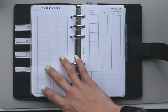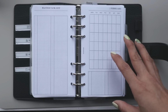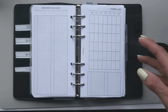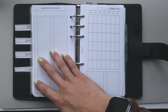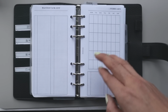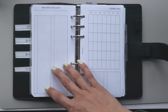Now, like I said, this side is really for a task list. This side is for day-specific events. So the thing that I feel like this system is really lacking is, what if I have a long-term idea or something that I just don't want to forget about? It doesn't really fit here or here, right? It's not something I'm going to work on. It's not something that's time specific. So while you can jot that idea onto this list and use it as an inbox, you will have to